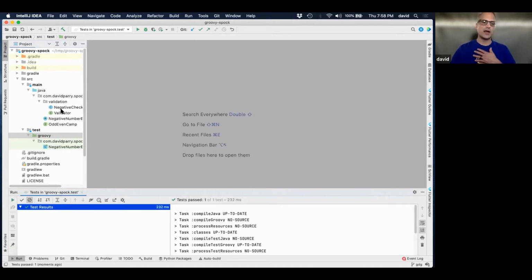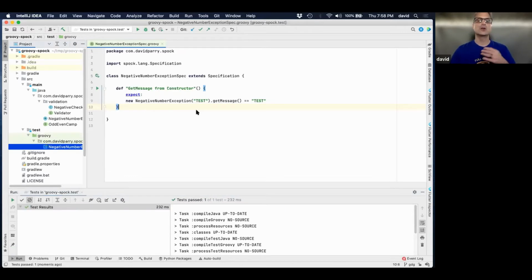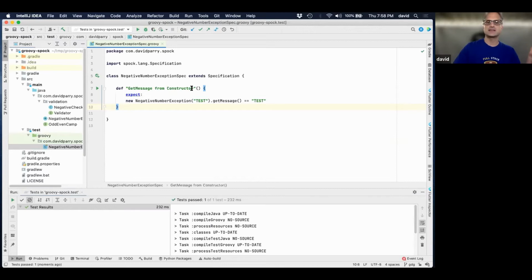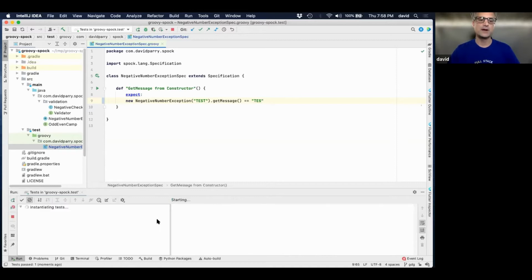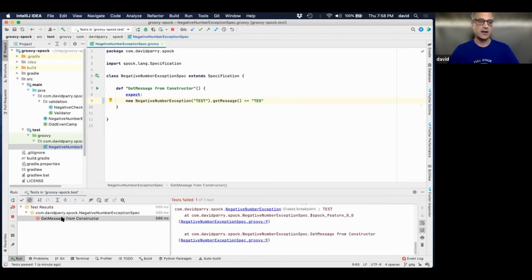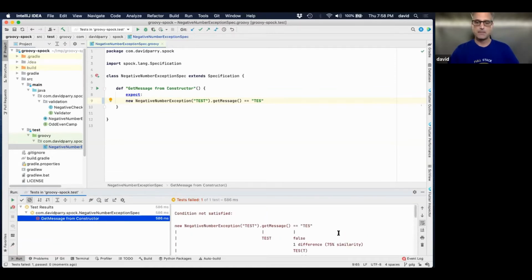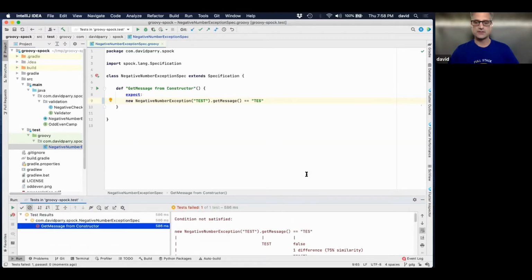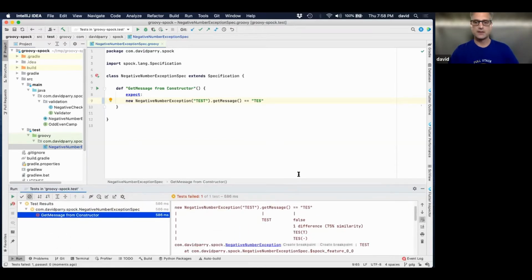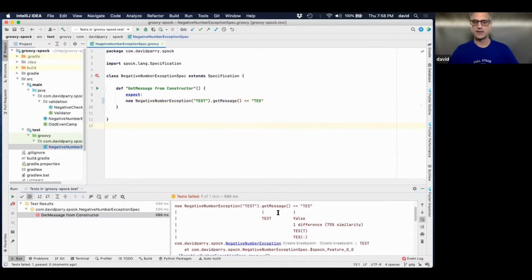And what I'm going to show you here is where I told you that this is a very basic DSL. You'll see if I put something here and run it again, you'll see more once it fails, and you'll see some better outputs down the road too that I'll show you with the data. It sends the message just like JUnit, get message from constructor, and it gives you some really nice output where you can see the differences and the similarities.